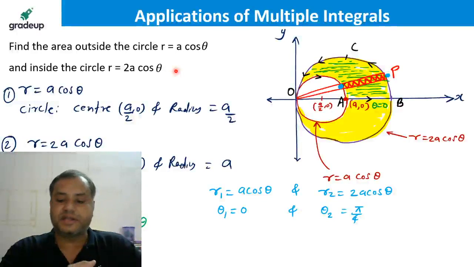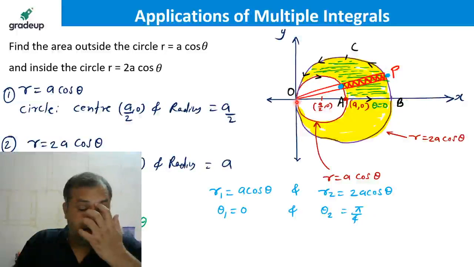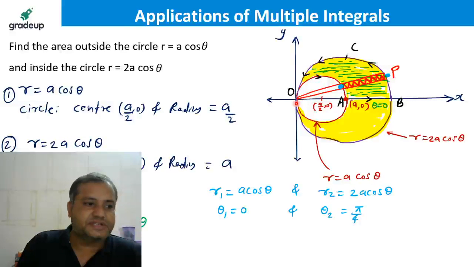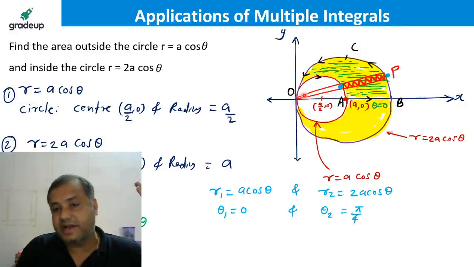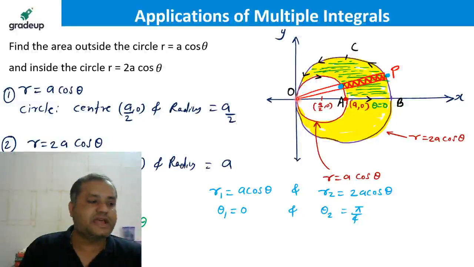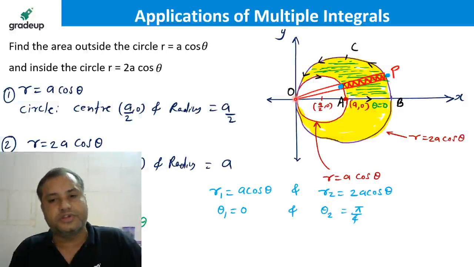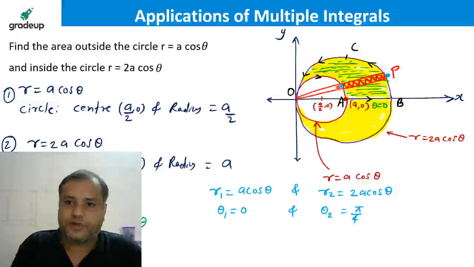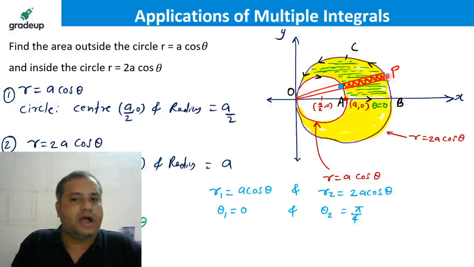So another important part here is, here our strip's center of rotation is origin O, which is lying outside the region of integration. Remember, our strip's center of rotation is lying outside the region of integration. So radial strip's center of rotation is always lying at origin. But you have to calculate R1 and R2 from those points which are lying in the region of integration. So from this point, this is the start of the region, I will be getting R1, and from this point I will be getting R2.